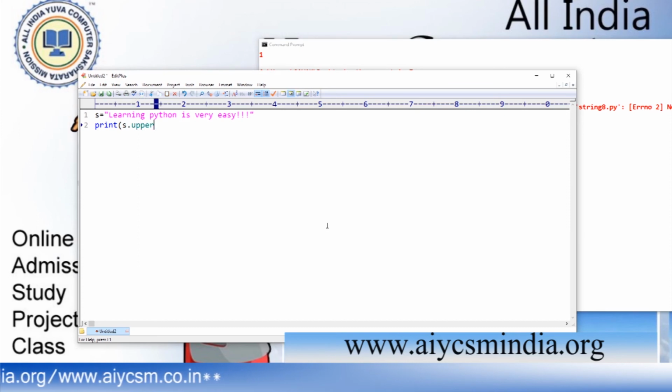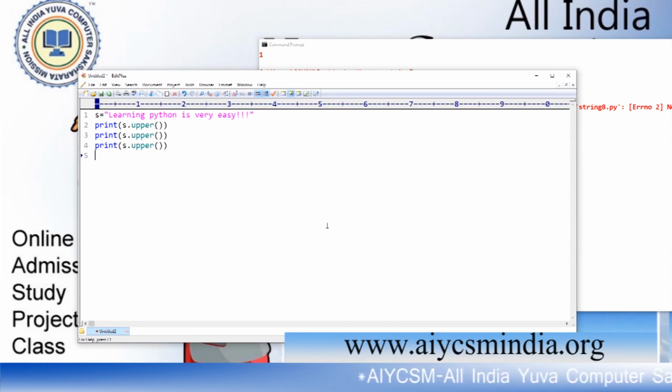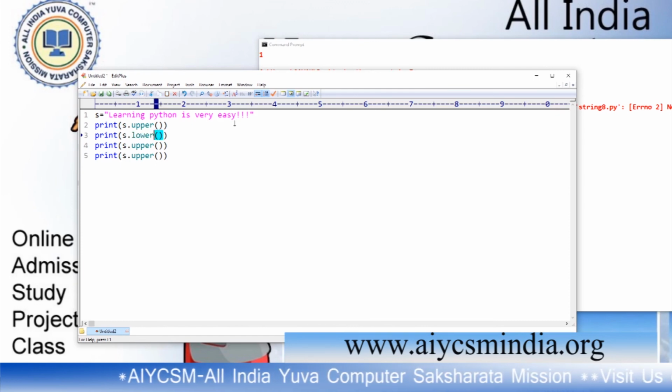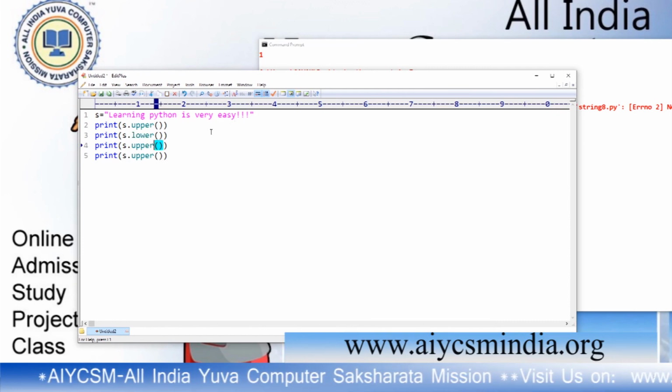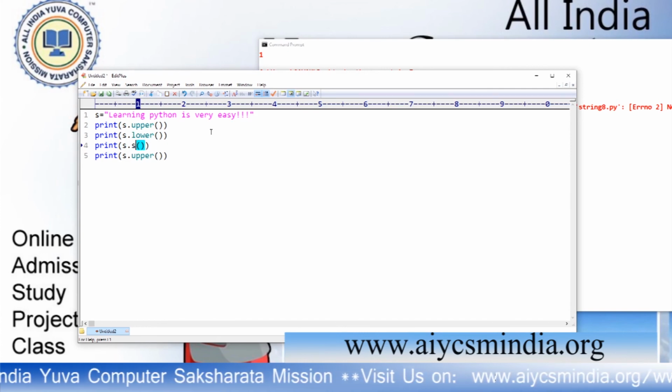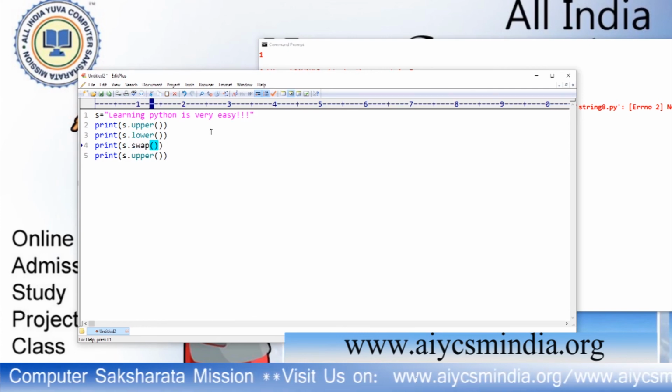It will convert the whole value into uppercase. Now this is lower case, lower, to print all the value in lower case. This is swap case, swapcase.